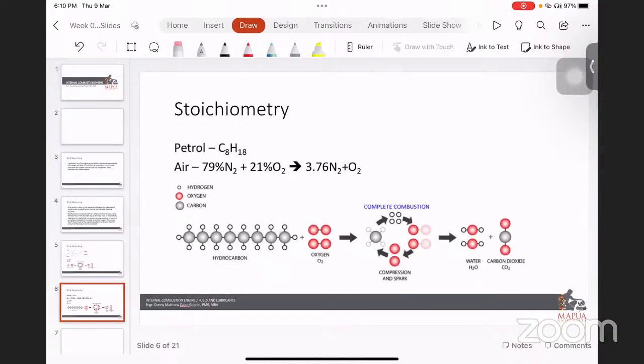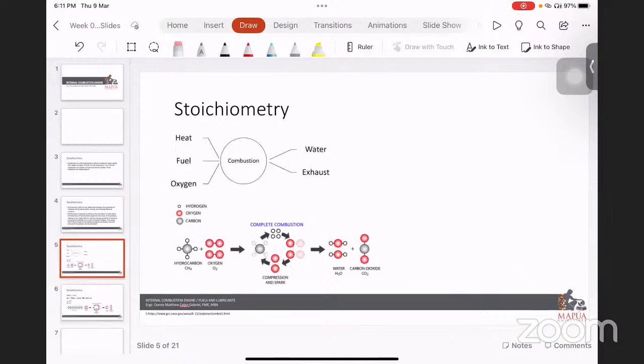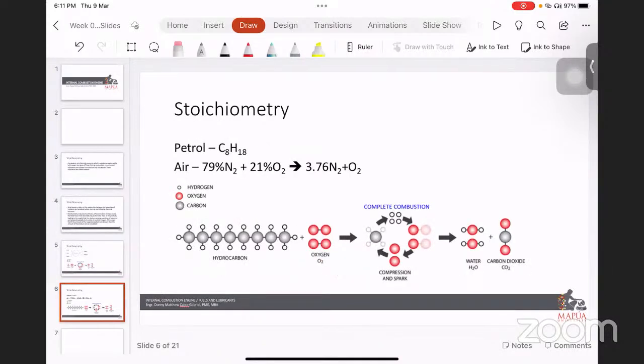Okay. So, dito magkakaroon tayo ng isang sample problem sa stoichiometry. So, example, yung gasolina natin o yung petrol. Ang chemical formula ng petrol ay C8H18. Ang chemical formula ng air, kasi ang sabi dito sa stoichiometry, oxygen daw kailangan natin. Pero medyo mahirap kumuha ng oxygen, humugot ng oxygen kung saan, di ba? Ang pinakamadali nating mahugot ay air.